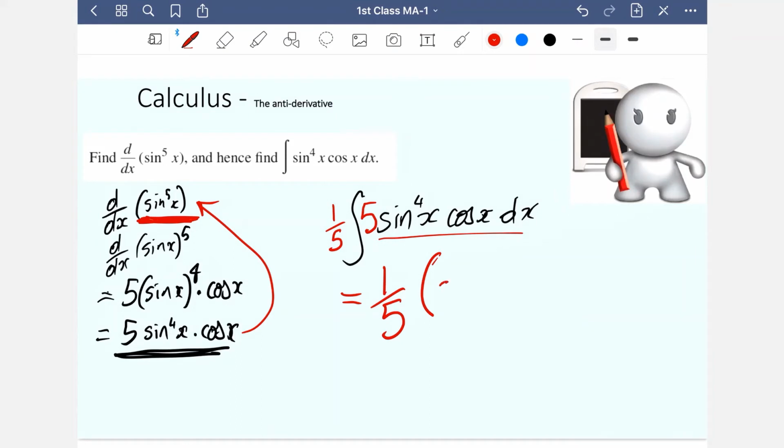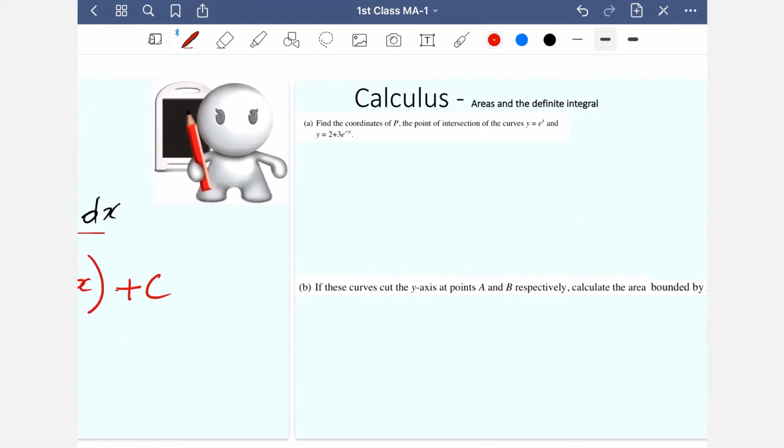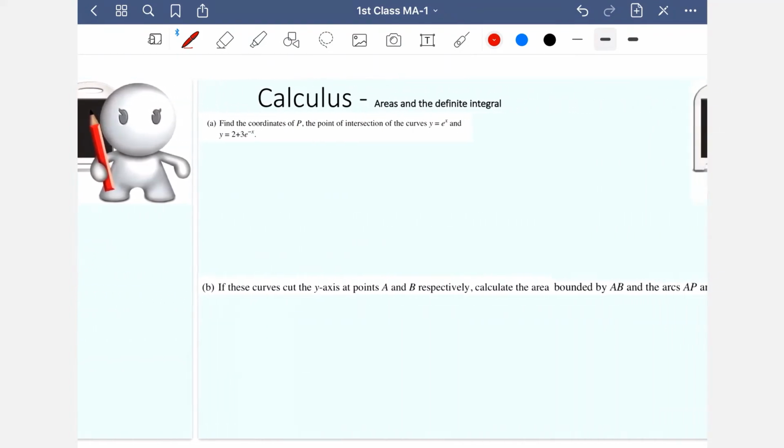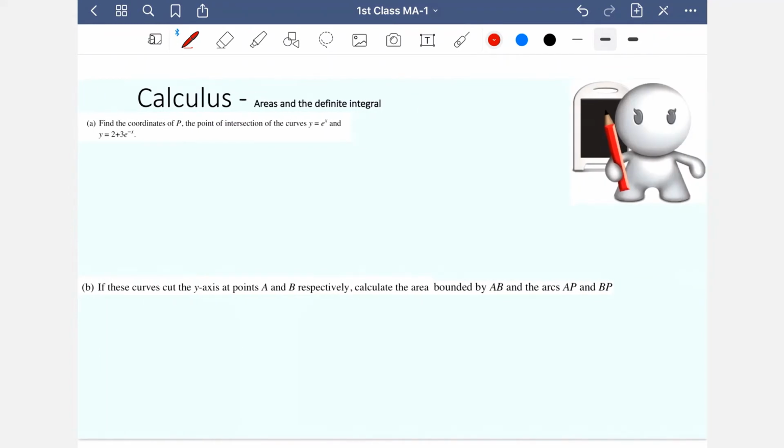So it's 1 over 5 sine to the power of 5x plus c, okay, final answer. Or, you know, if you want, you can choose to move the sine to the power of 5x to the numerator and then put that over 5. That's fine, either way. So now over to my next question, and it's an interesting one which links up a number of